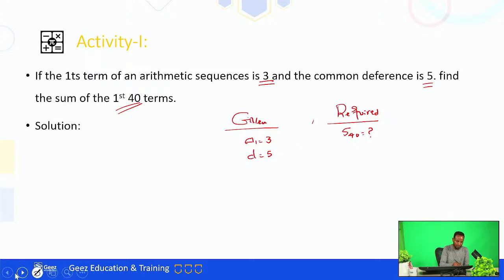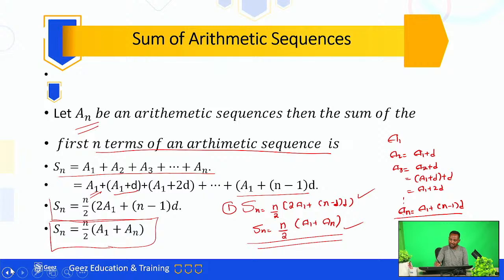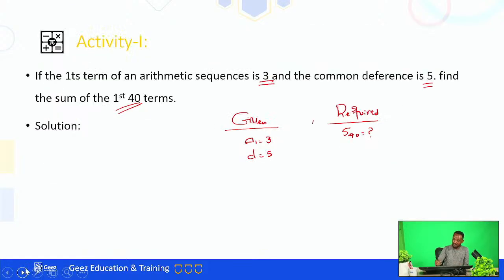As I have told you before, if you are given the first term and the common difference, you better use the first formula: n over 2 into twice of A1 plus (n minus 1) d. If you are given the first term and the nth term, you better use the second formula. So, can you use the first one? The first one. So, the solution here is